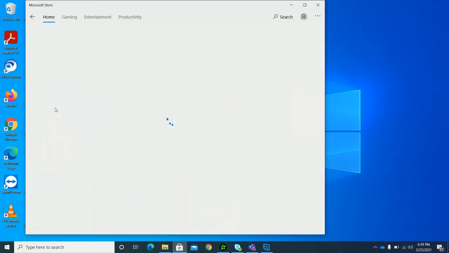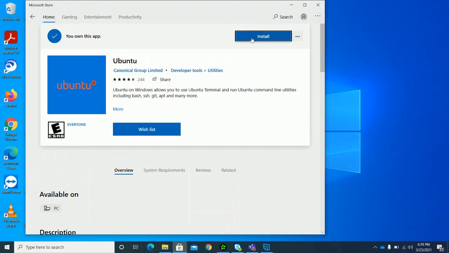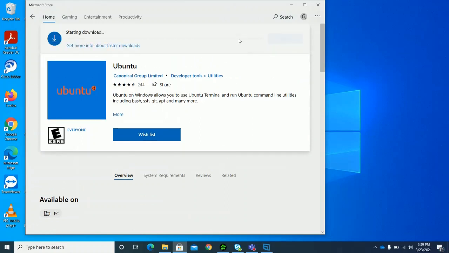So, install. Alright, this will take a little while because it's a big file. It's actually moving very fast. Alright, so once this is done installing,